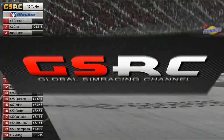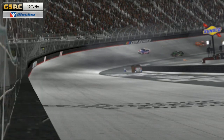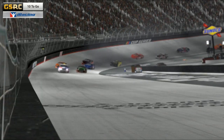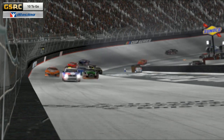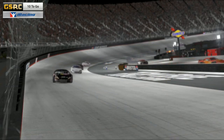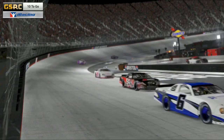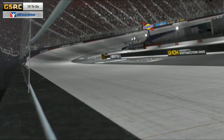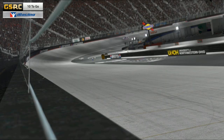Started with Jacob Putman, who came up on Dominic Carter, and somehow those two got away pretty scot-free. Seth Wise got a little damage there as well. Cassidy Hines did a wheeling job to try to save it, and then just got piled into in turn 1, where she almost had that race car saved. Several cars involved, and with 10 laps to go in the heat race, the first caution of the evening